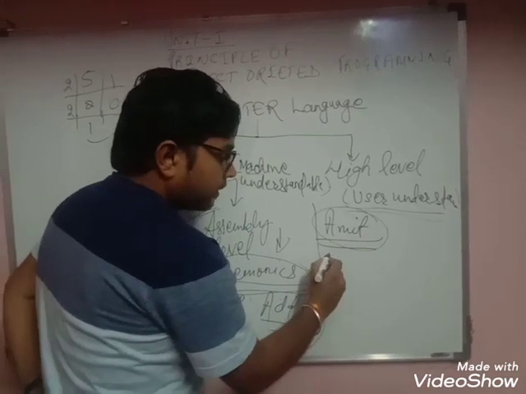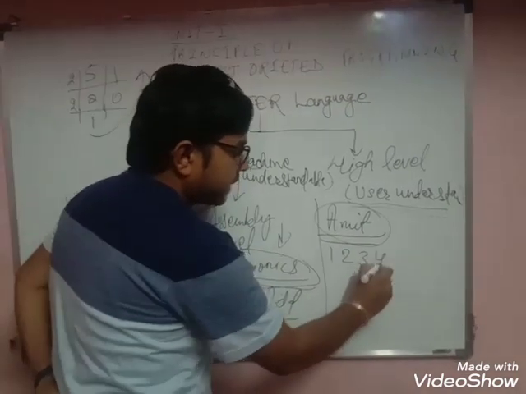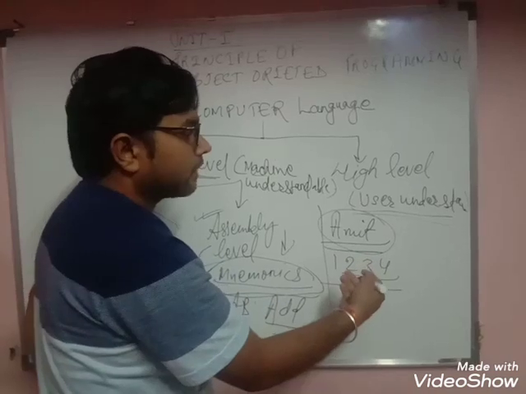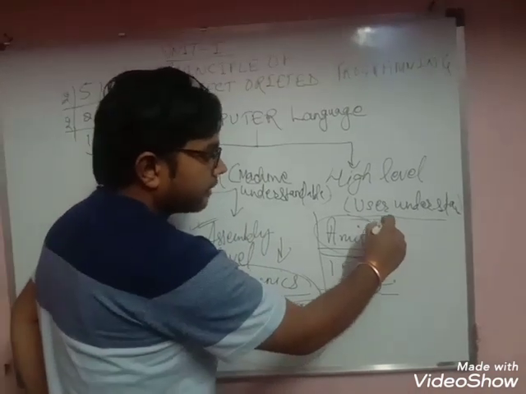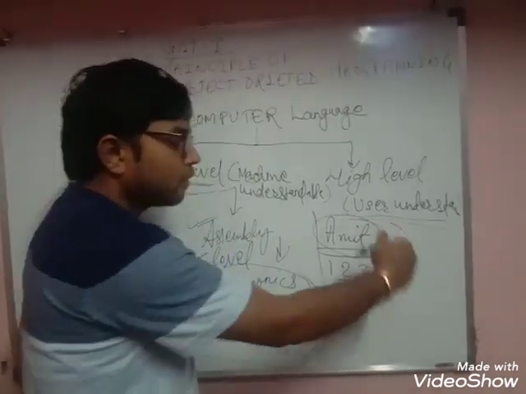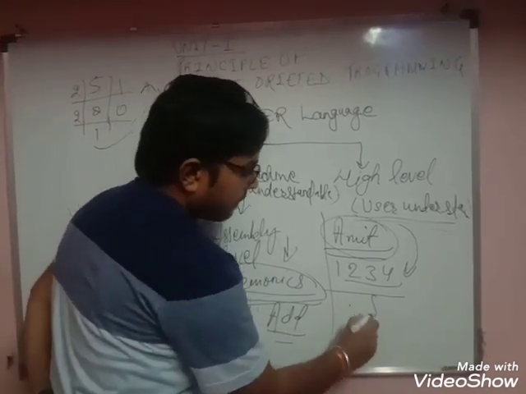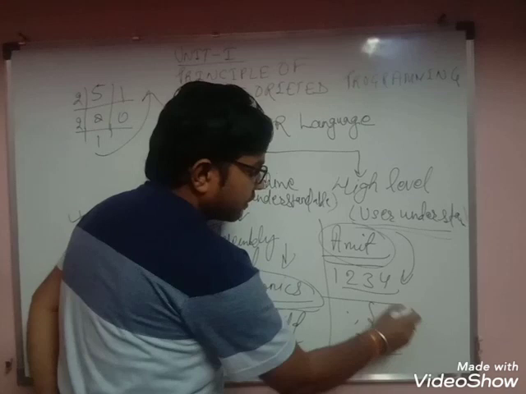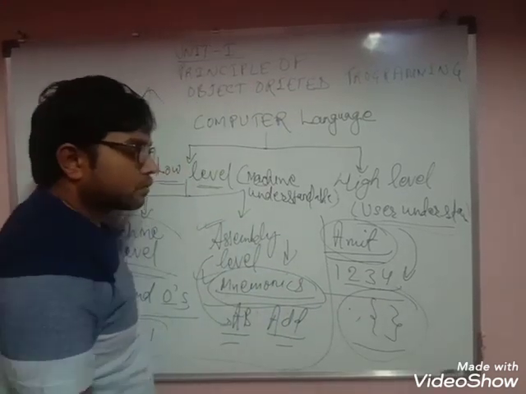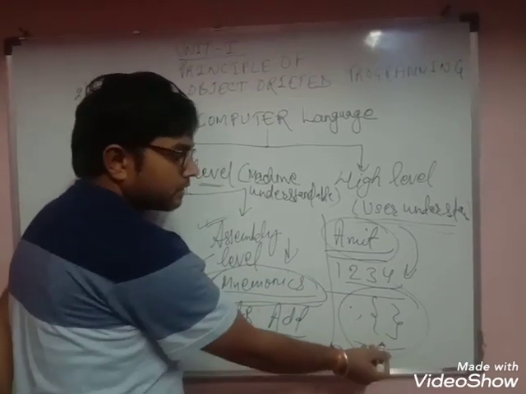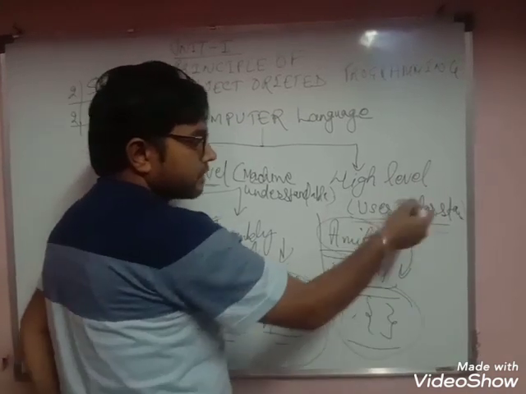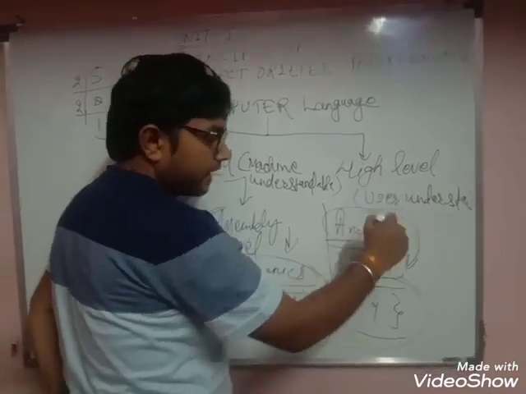If you want to write any numbers, then you can write numbers directly. So this is called high level language. In high level language you can write anything in your own language with the use of some punctuators, some separators. You will learn in the next chapters also what punctuators and separators are. So in this chapter you have to learn about the high level language.